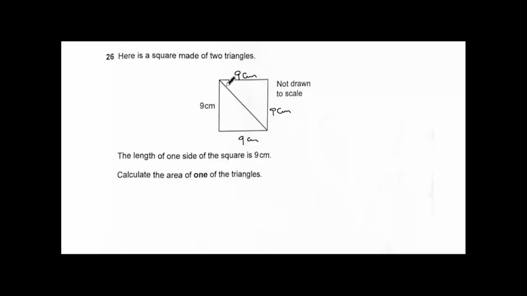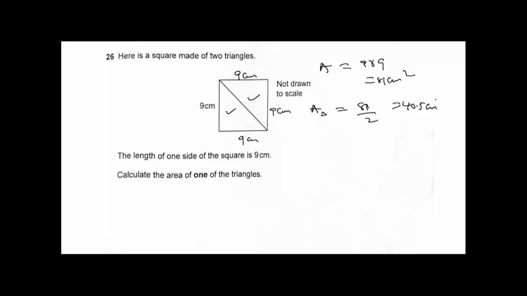Okay, so here if you look at it, the diagonal divides the shape into two equal halves. Because these two triangles, this and this, are identical, I can easily find the area of the square and divide it by 2. That will be the area of one triangle. So the area of a square is given as length times length. That is 9 times 9. That is what? 81 centimeters squared. So the area of one triangle will be equal to 81 centimeters squared divided by 2, and that will give us